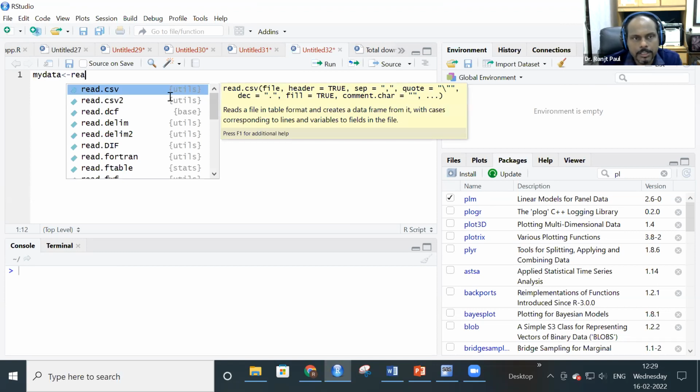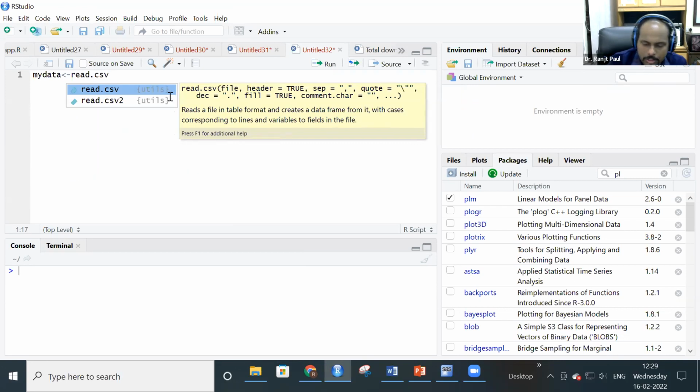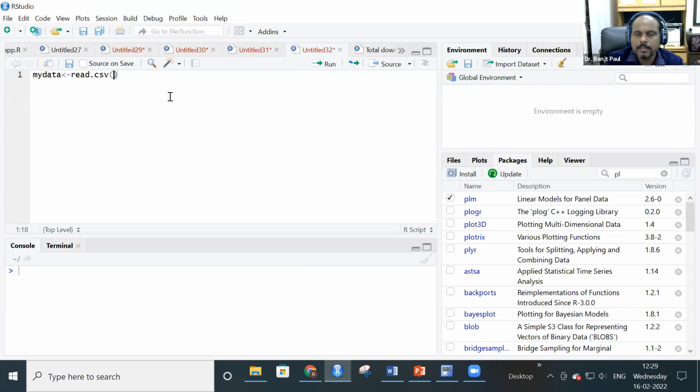Okay, so we have a CSV file, and you know the reading and writing. Importing means read and export means write. These are the two keywords, very easy to remember. If you want to import a data set, you just call read, R-E-A-D. If you want to export the output, you just write down write, W-R-I-T-E. So read, and we have a CSV file, so read.csv. Within brackets, there are several ways to import the data. First of all, you may specify the full path of the data, in which drive, in which folder you have kept it. You can copy and paste the full path here, or you can write simply file.choose